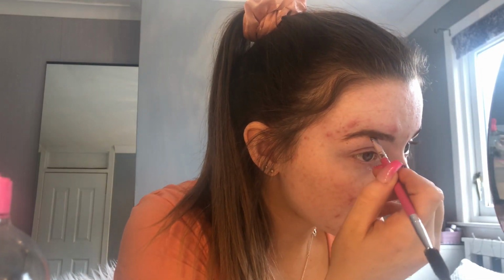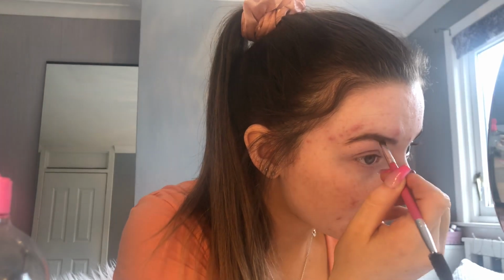Okay, so the first thing I do is my brows. Now I've been trying to grow them out during lockdown, but I'm going to get them done next Thursday, so I'm just going to get them tidied up a bit. I want to keep the same thickness, so I just use the Anastasia Beverly Hills Dipbrow Pomade in Soft Brown. Now this can dry up quite quickly, so I don't use any liquids. What I like to do is go over the same part with my brush on both sides, because then it makes it creamy, like a pointy tip, and then ever so slightly make a line